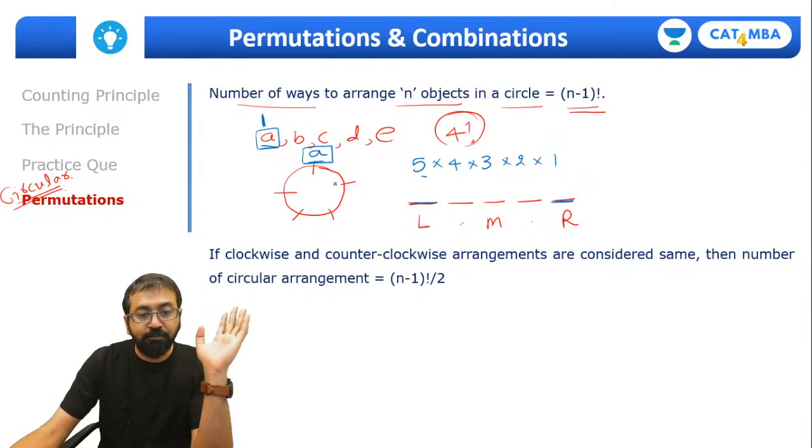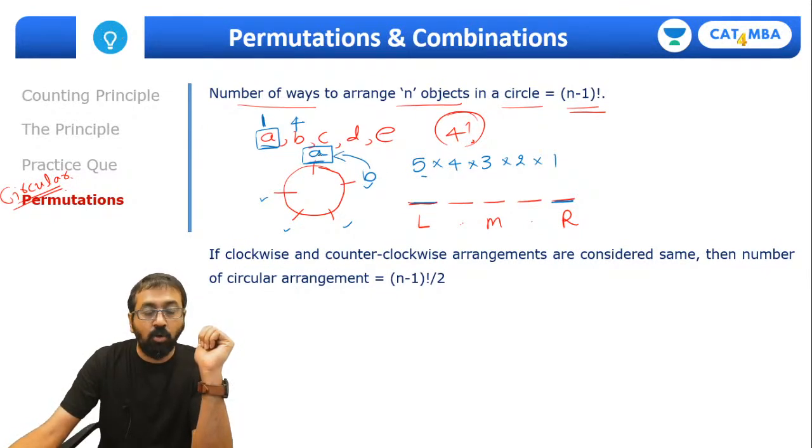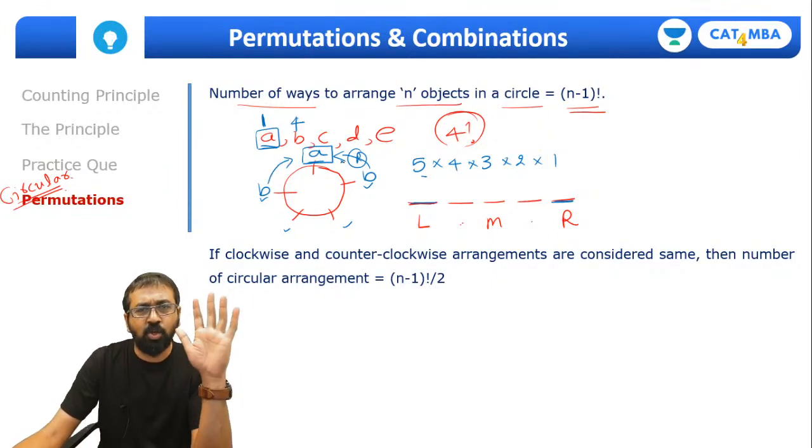Okay. Now with reference to A, all these positions are different. So now for B, how many positions are there? 4 different positions are there. Why? Because if B sits over here, B will say, okay, A is on my right hand side, because this is the right side of B. If B sits over here, B will say, okay, A is on my left hand side. Okay, suppose A is a notorious person.